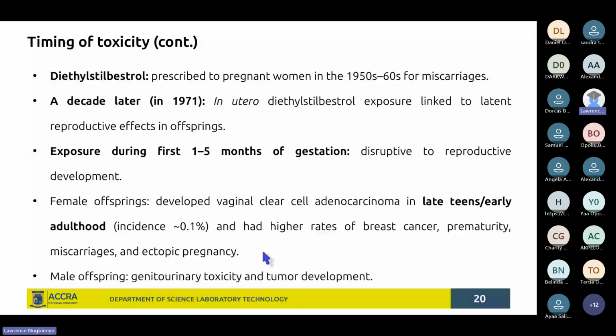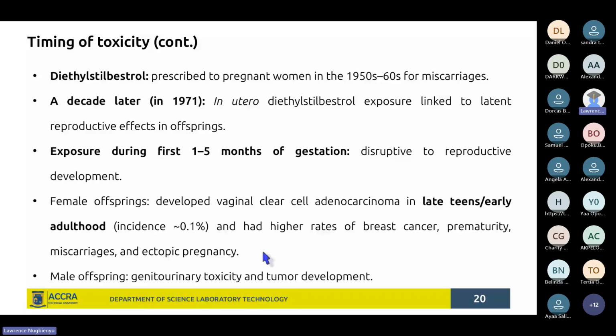The implantation of the fetus, not in the womb, not in the uterus, but rather in some other region, usually maybe in the fallopian tube. So it means you have fertilization, and instead of that fertilized fetus getting implanted in the uterus, it rather gets implanted somewhere in the fallopian tube. So they were having all these sort of reproductive complications, cancers, and even in the male children, they also develop